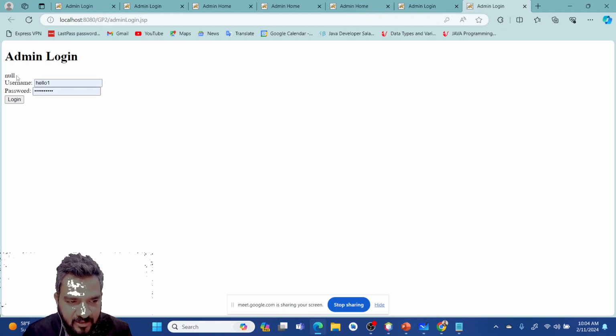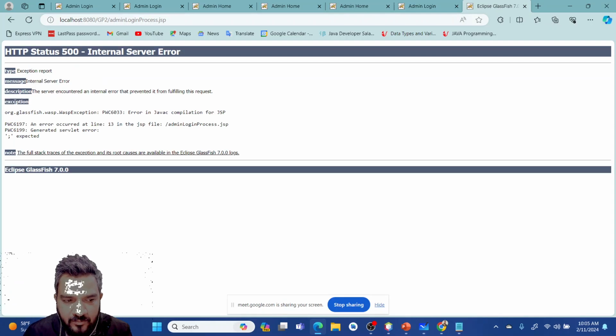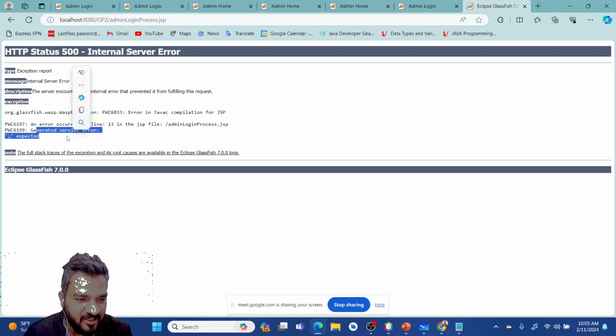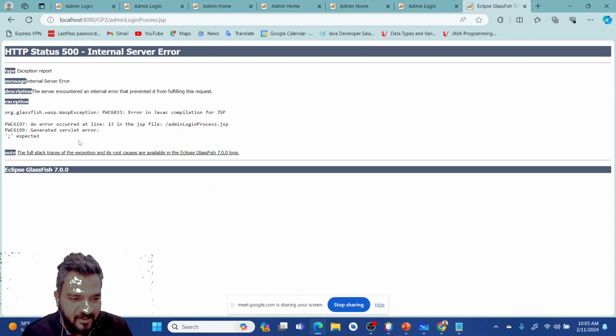So right now this is null, right? But if we put a wrong username and password, it will say over here only that invalid username password. Okay, now there is an error occurred, an error in Java compilation of the JSP. Line 13, the JSP file admin login process.jsp generated servlet error: semicolon expected.